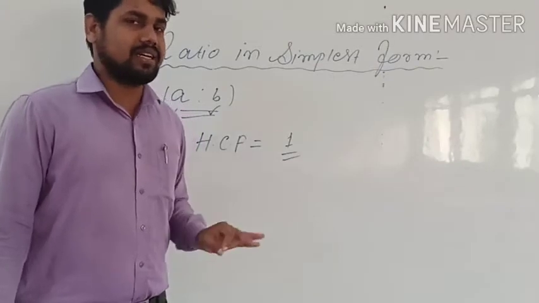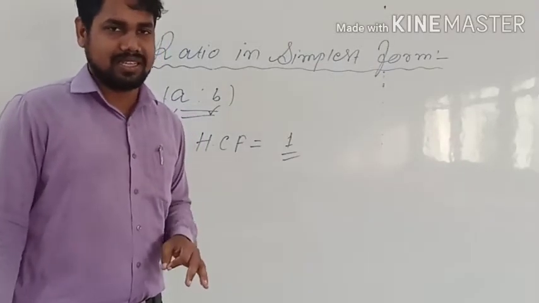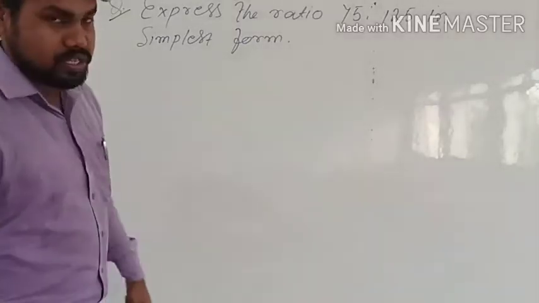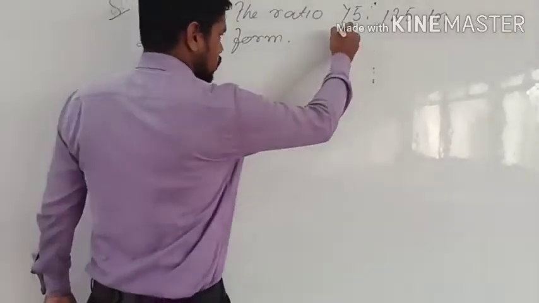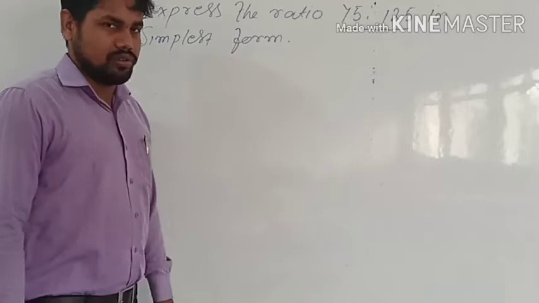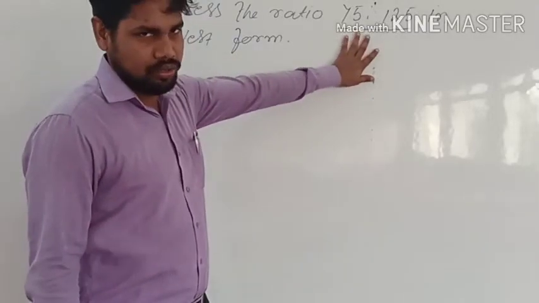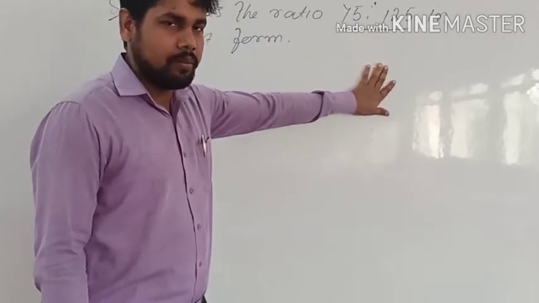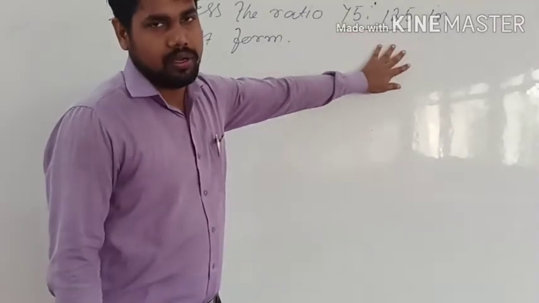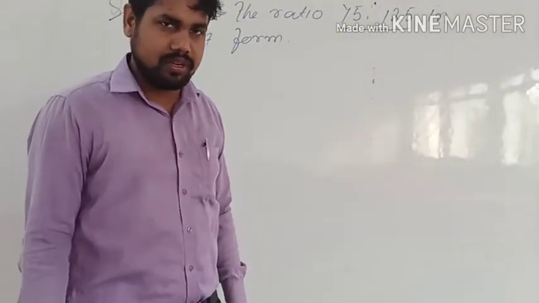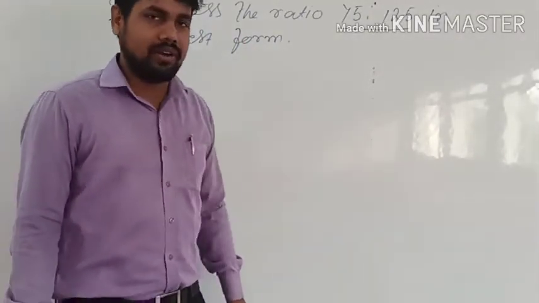Okay. So these are the basic concepts, these are the basic topics which we have in this exercise. So let's learn some questions. For example, as I discussed about simplest form, here two numbers are given, this and this. You have to reduce these two to simplest form. So first, you have to find the HCF, highest common factor of these two numbers, and whatever the HCF will come, with that number we will divide both the numbers. Okay, because we learned the property that we can divide both the terms by the same number, and then we can reduce it.